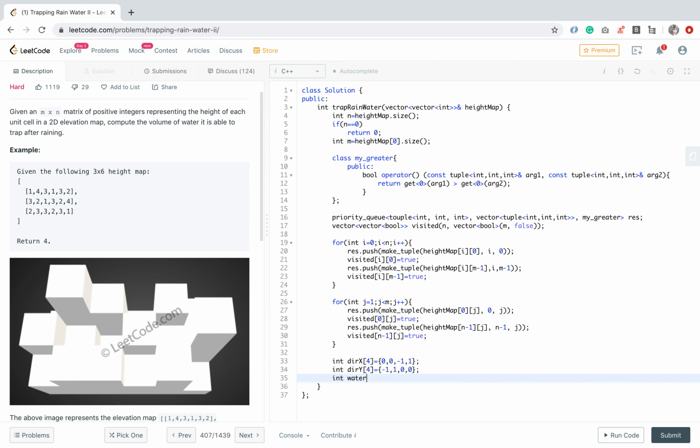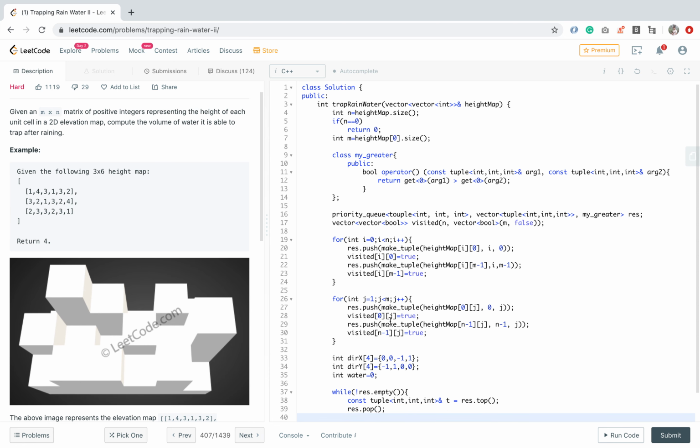Okay, now a water variable, so that we will get the final answer. Now we will pop elements until the priority queue is empty. We will save the details in a tuple. We get the top element, and because top only gives the element, we have to pop it also.